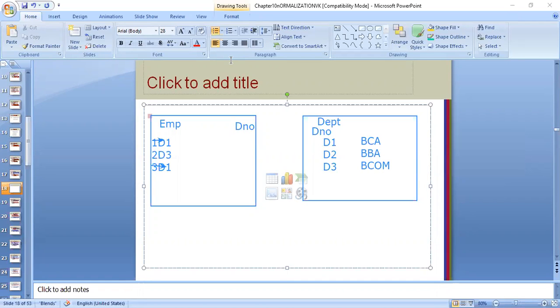To tell the employees working in the BCA department, how will I know? I will first have to find out the department number of BCA. From there, I check D1, wherever it matches, like this and this. Then I fetch that employees 1 and 3 are working in the BCA department. When I join this table, it is going to join properly, because my table is ideal.